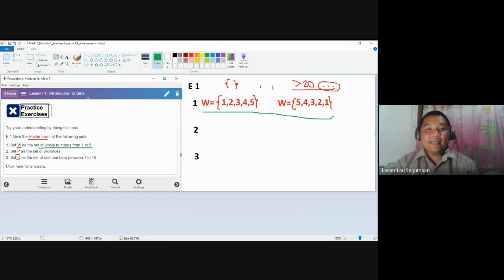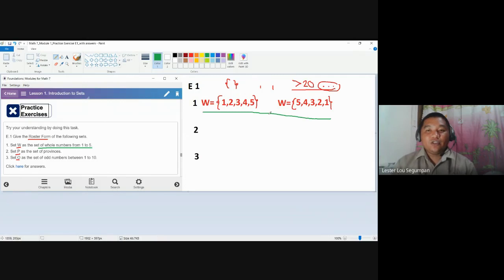Similar to this example, if one of your teachers would say that the grade 7 sections in CMULHS for school year 2020-2021 are diamond, jade, topaz, emerald, and ruby, and if I will say that the grade 7 sections in CMULHS for school year 2020-2021 are ruby, emerald, topaz, jade, and diamond, we are just saying the same groups or the same sets. So these two are acceptable. Both of them are acceptable.